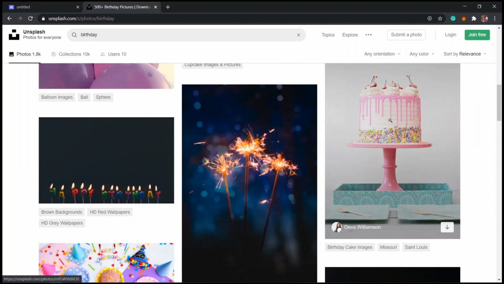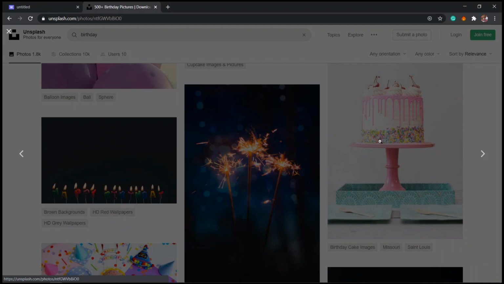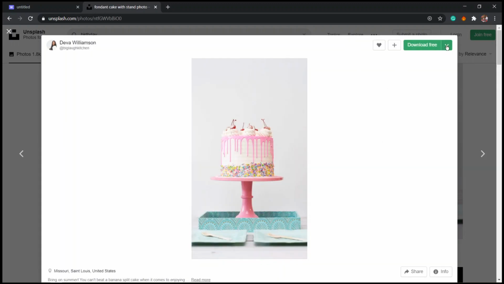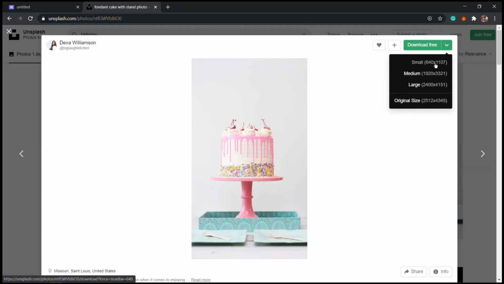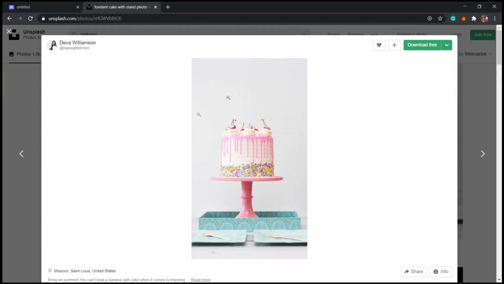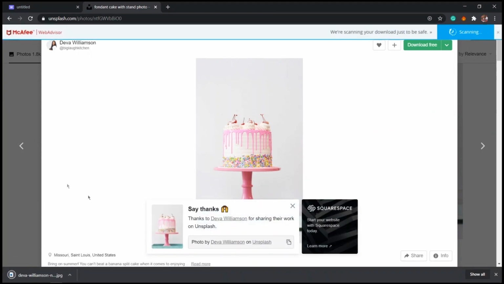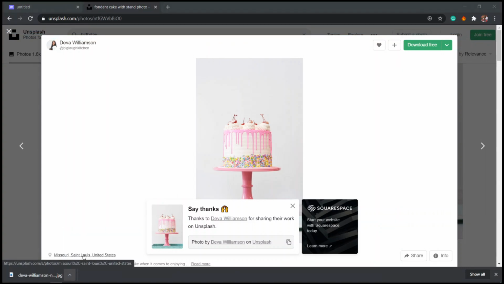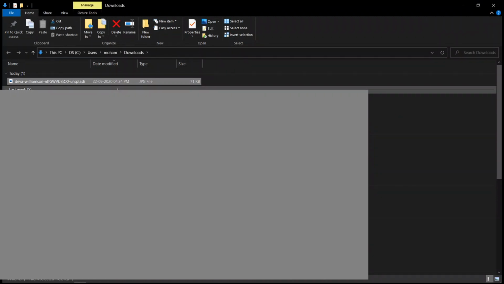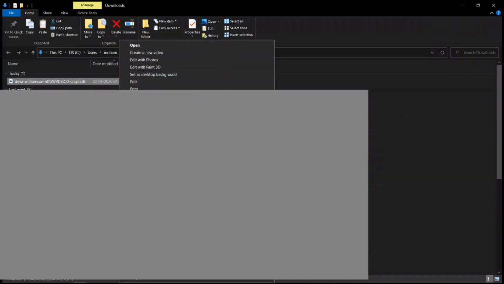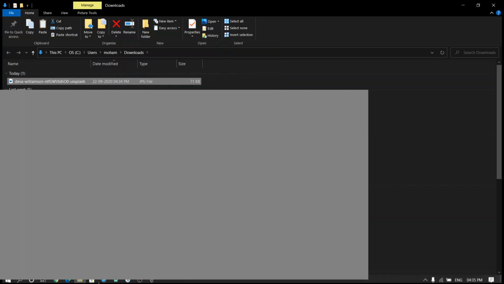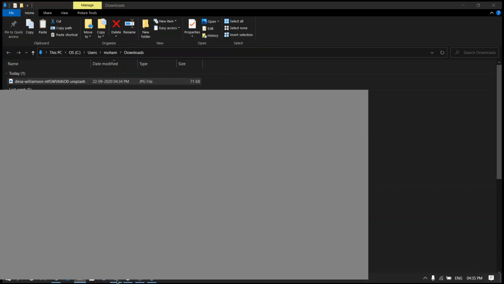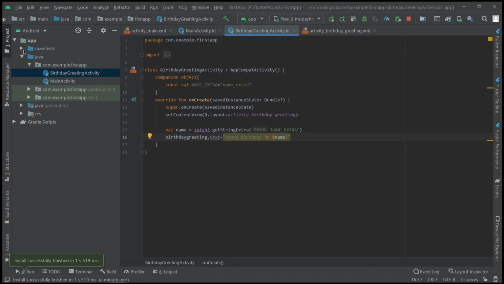Okay, I'm going to use this image. Click on this and let us download the small one. So download the small image, and here we got this. So open this showing folder. Now copy this, using this copy, and in the Android Studio, here you can see